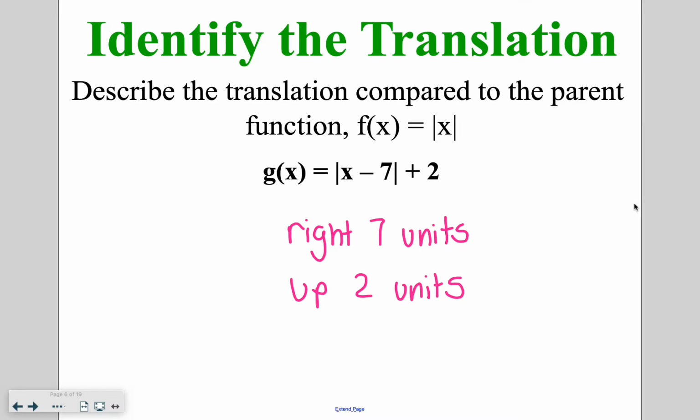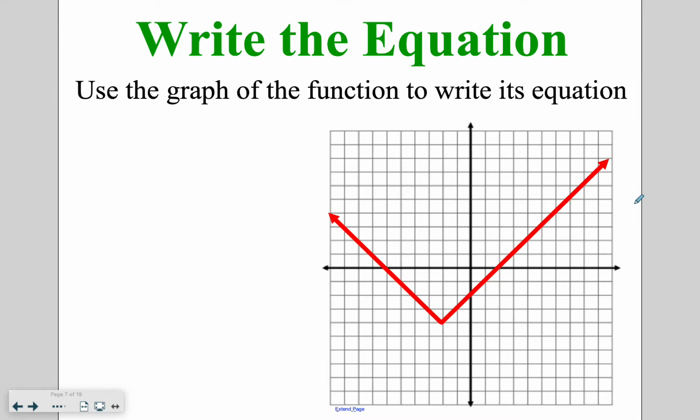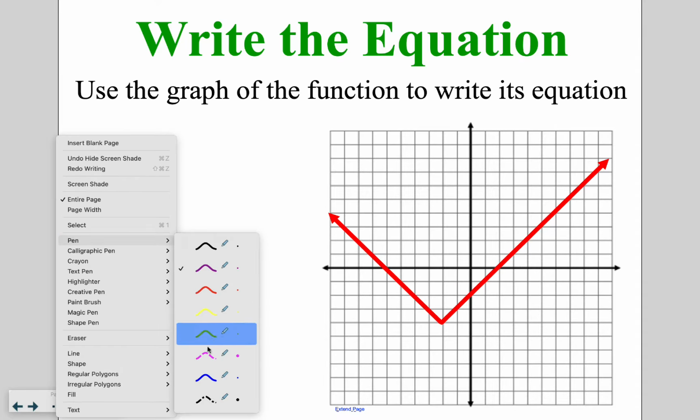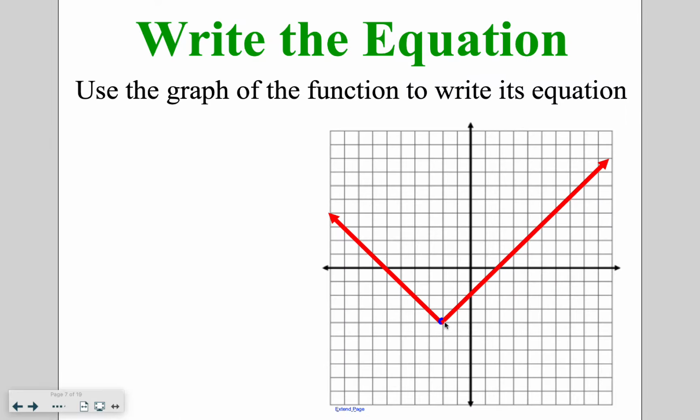7 units right because of the minus 7. The plus 2 tells us 2 units up. So now what does that actually tell us when we're trying to write the equation? When we are writing the equation, I am looking at this vertex point. So this vertex, this point that the absolute values come to,